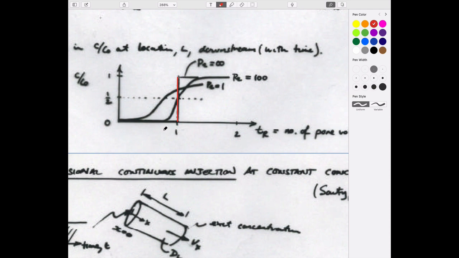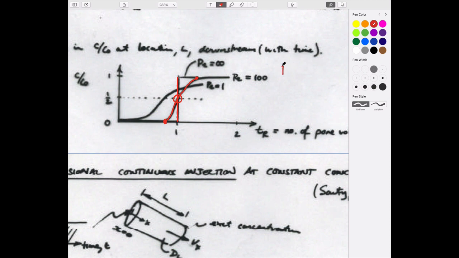Furthermore, we always kind of assumed that if you have a little bit of dispersion around the front, then the effect of that is that you'd have an arrival time which would arrive earlier than it should based on plug flow, and it would continue to break through later than the immediate plug flow, but that the average time, the time of average concentration, say 50% C over C0, was roughly at the center of mass of the plume, and therefore would refer to this one pore volume breakthrough. It turns out that if you have highly diffusive flow, where the advection component is very small, and